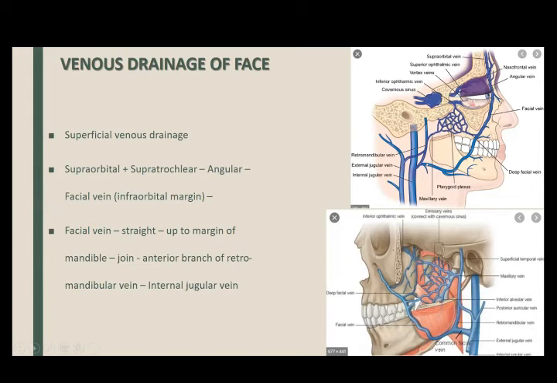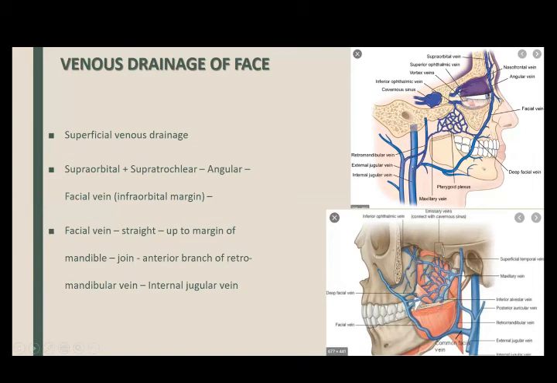I repeat once again. Supratrochlear and supraorbital join together to form the angular vein. The angular vein runs down as the facial vein. The facial vein continues as far as the lower border of the mandible. At this level, the facial vein is joined by the anterior division of the retromandibular. This is the retromandibular vein. It has two terminal divisions, posterior division and anterior division. The anterior division of the retromandibular joins the facial vein to form the common facial vein, which